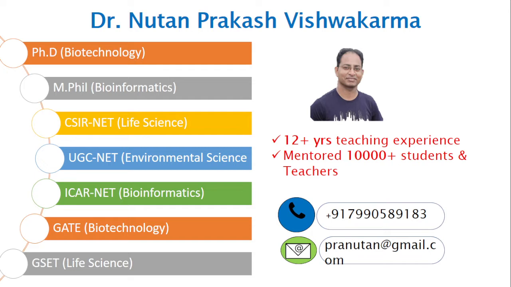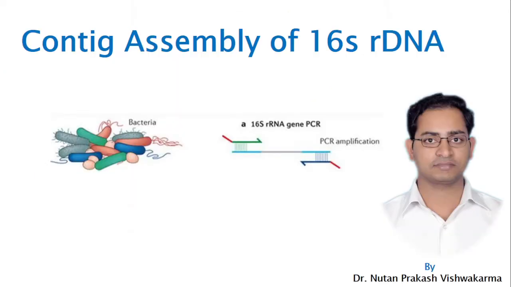So what we do, if we take a sample from the environment and want to identify which type of bacteria is present in that particular sample. To identify bacteria, if we go for morphological characterization, meaning you put that sample in the microscope, definitely with the help of morphology we will not be able to identify the bacteria. Other biochemical characterizations are also not enough for the nomenclature of the bacteria. Obviously, if you want to identify which genus, species, or strain the bacteria belongs to, you have to move to the molecular level.